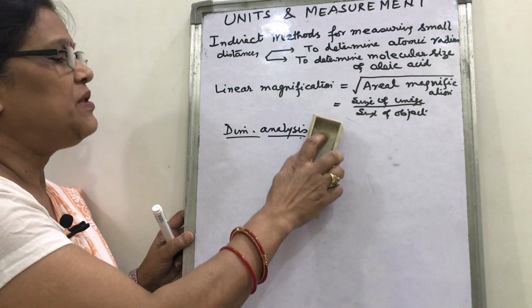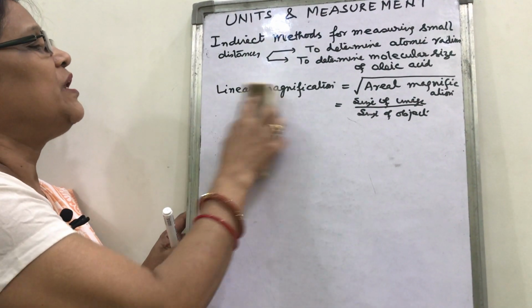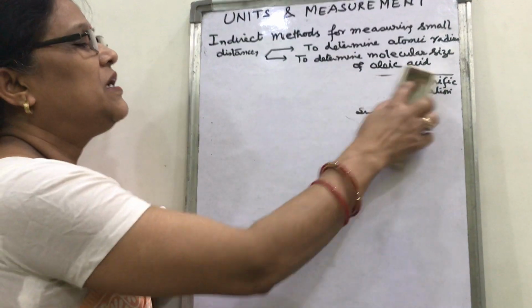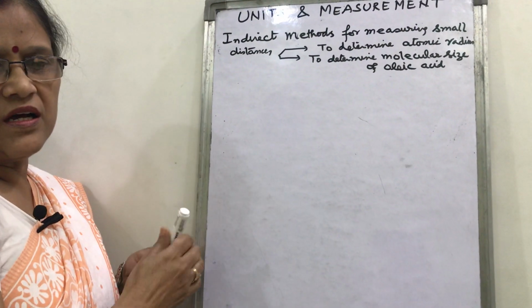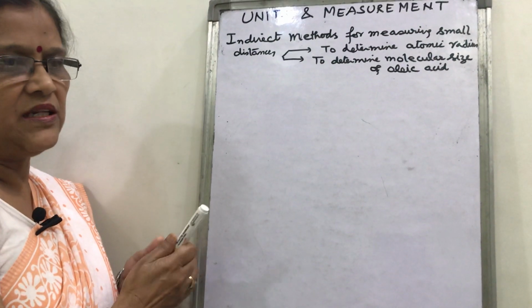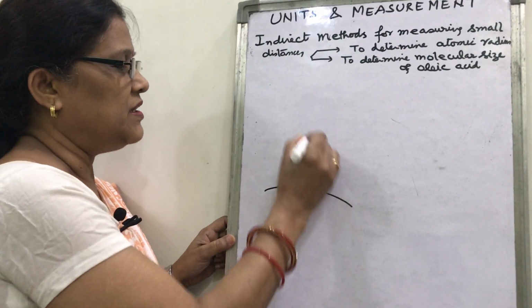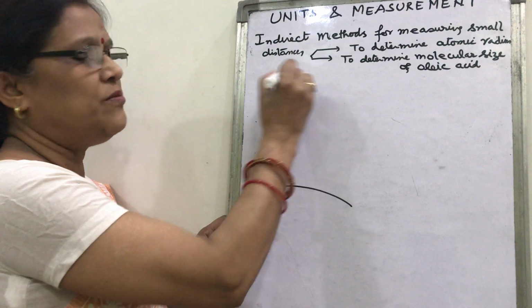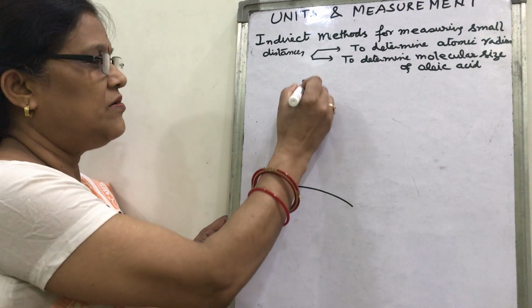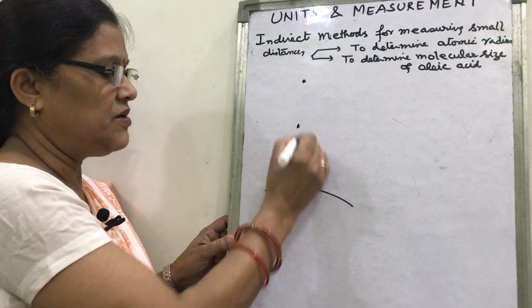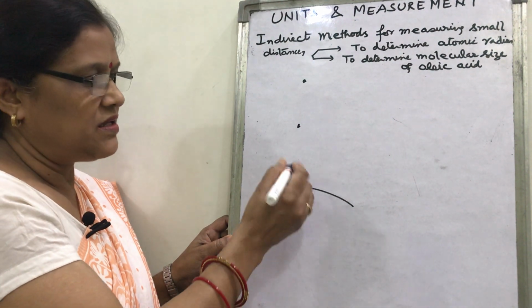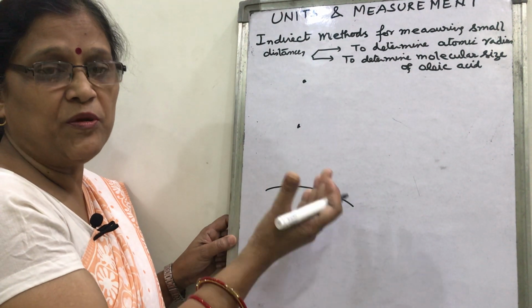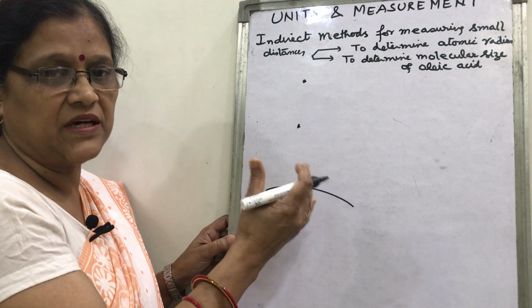We have read about the parallax method. I remember that it is asked in the 1 mark question that if a star or a planet is from the earth at this point A and at this point B, this is far away and this is near to the earth's surface, for which planet this parallax angle will be more? Just for revision I am asking this.